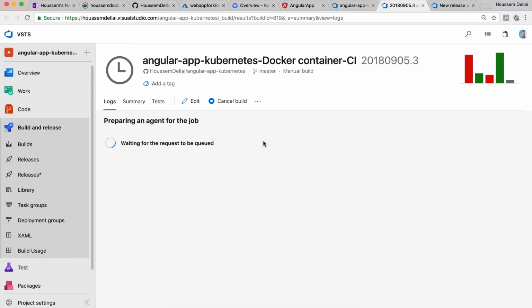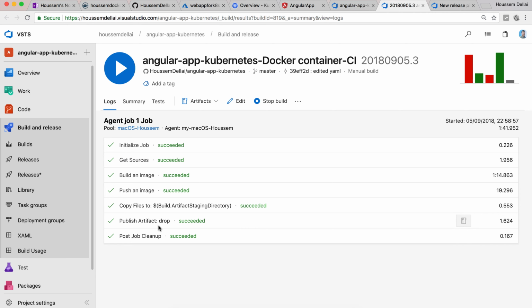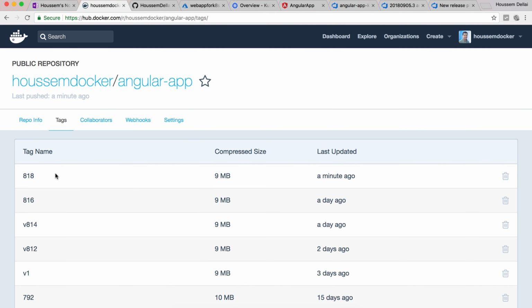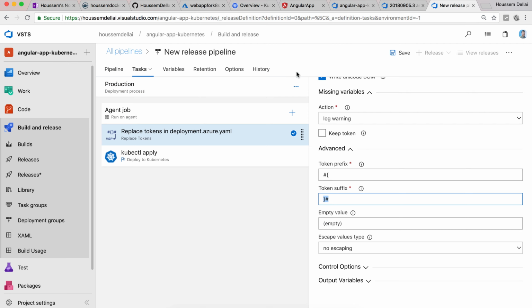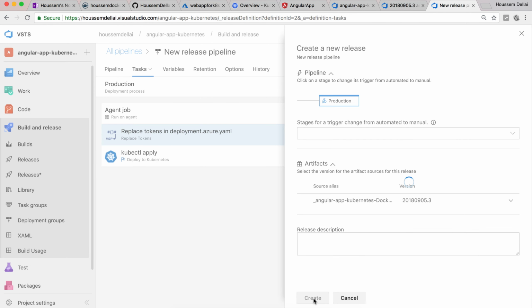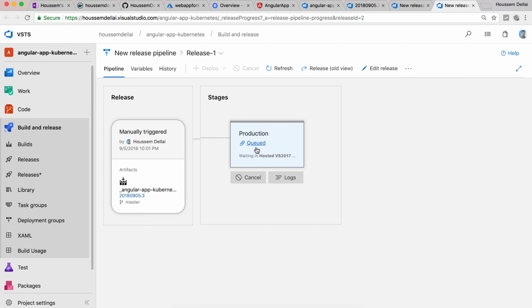We need to wait until this finishes running. Now that this runs successfully, you can go to Docker Hub and check if the image was added successfully. So note here the latest image is 818, but here I should see a newer image added to my Docker Hub account. Now I'm ready to run the release. So I'll save this, then I'll create a new release. Let's say create,